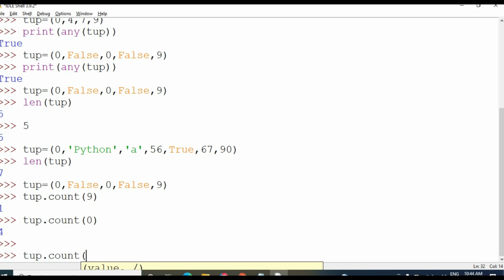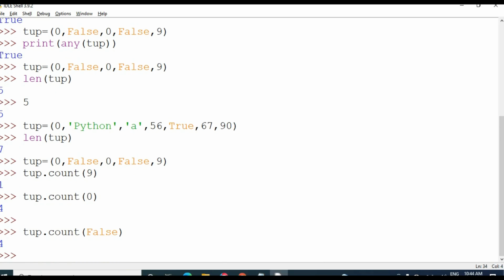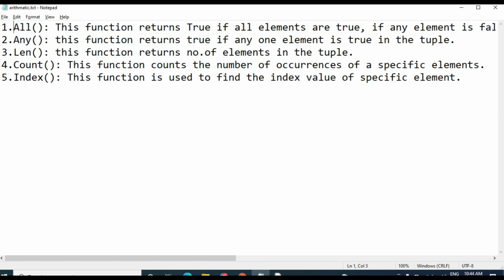And again I am going to count how many times False is present. See, it also displays 4 times. The 0 is also considered as False.